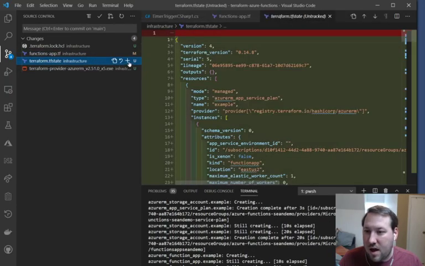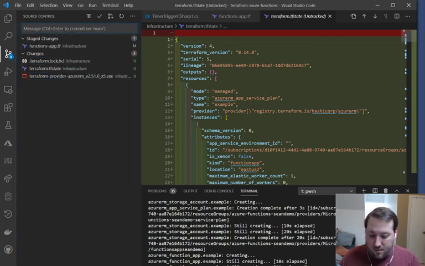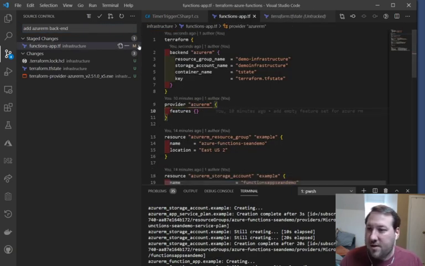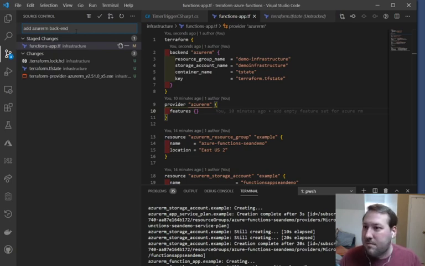Let's go ahead and commit our Terraform file. We'll say add Azure RM backend. Since there's going to be an "and" there, that's going to bother me. So I'm actually going to go ahead and save that and do it as a separate commit, because it bothers me when I have two different things in one commit. And if I was doing this not in front of a live audience, maybe I'd slack a little bit and put them in one, but